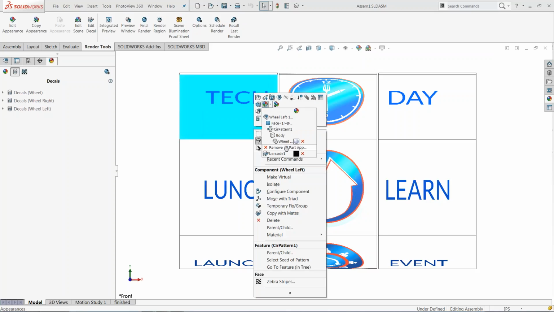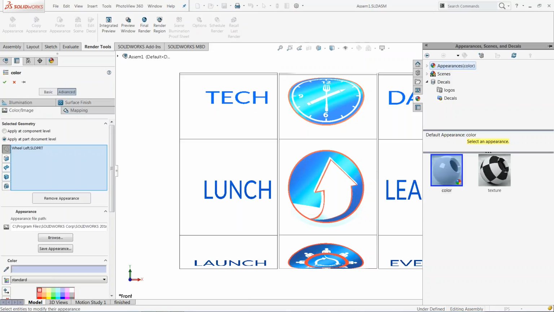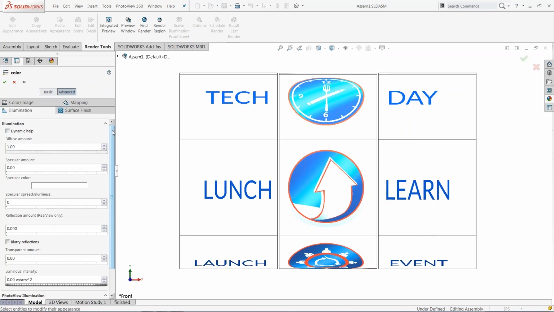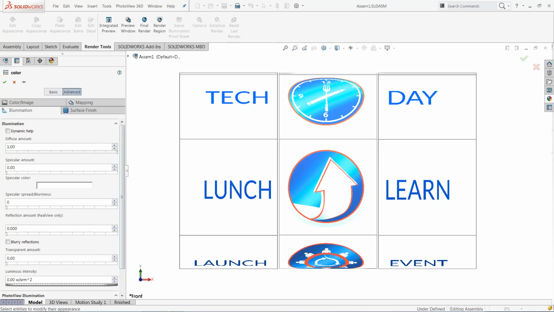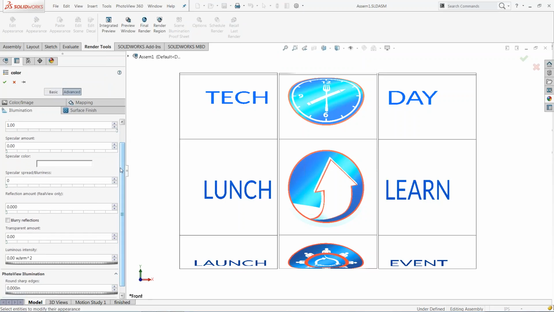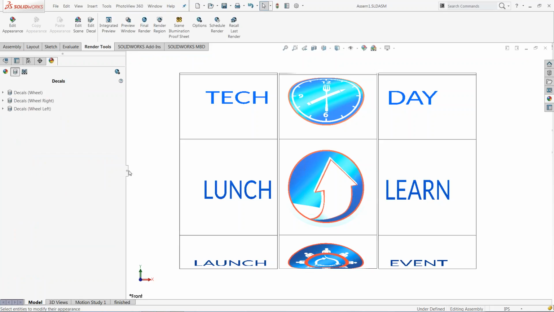So another technique that I used to help with that was modifying the part appearances. If you look under your advanced options for illumination of those parts, I didn't want too much reflection of light or light emission from any of these components. So most importantly, you're going to want to set your reflection amount. If you don't want any light bouncing off these, set your reflection amount to 0. And then you can experiment with the other options like transparency, so on and so forth. Inside each one of these parts,